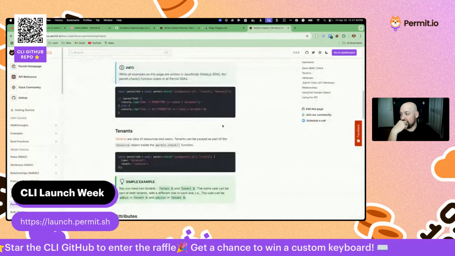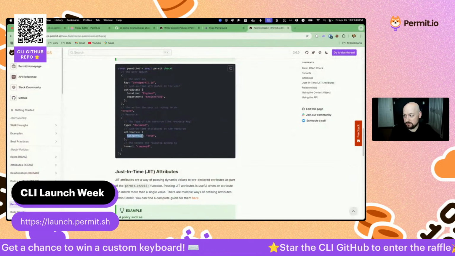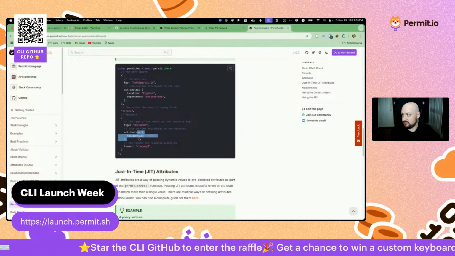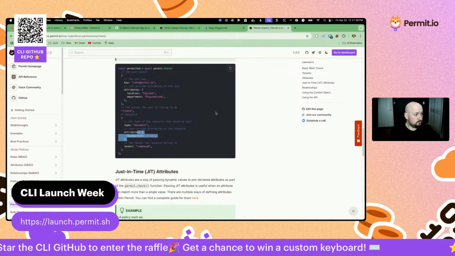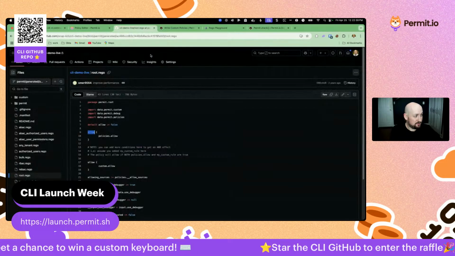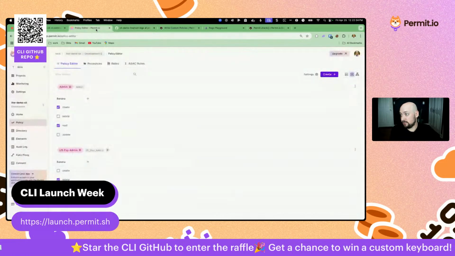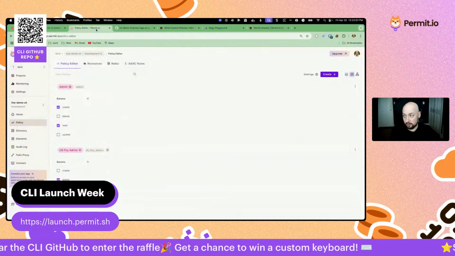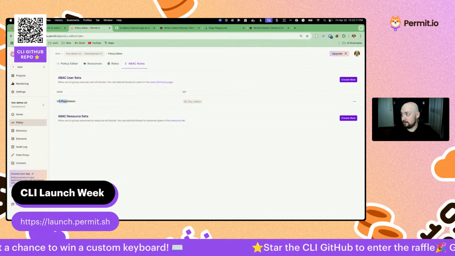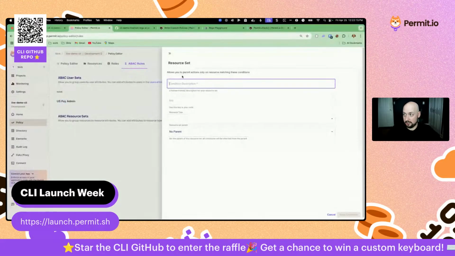I can come in and use just-in-time attributes. So instead of has approval here, I could do something like is paying. And I could do that on the user object or on the resource itself. So it's mandatory, to answer your question, Jake. It's mandatory and required for ABAC, but permit handles it out of the box. So you don't have to write any custom Rego to get started with ABAC user sets for something like a US paying administrator, or resource sets, like maybe I want to create a